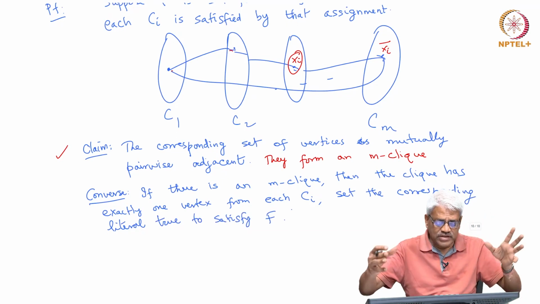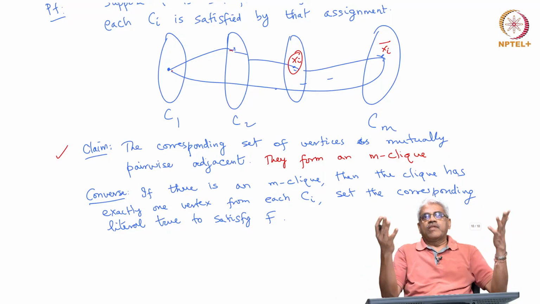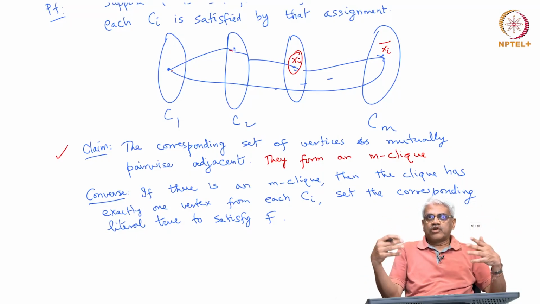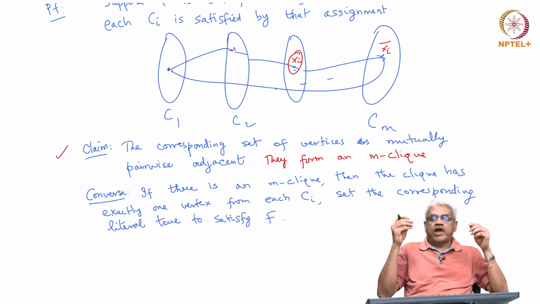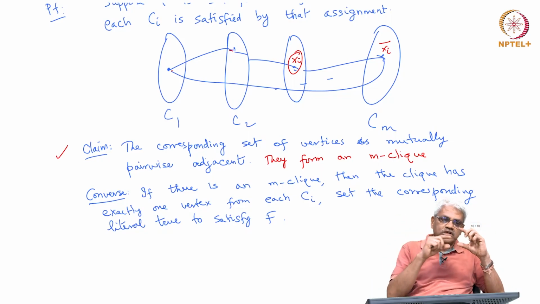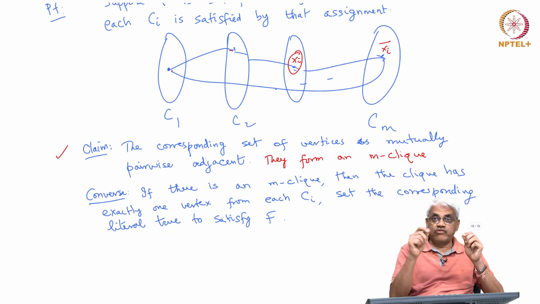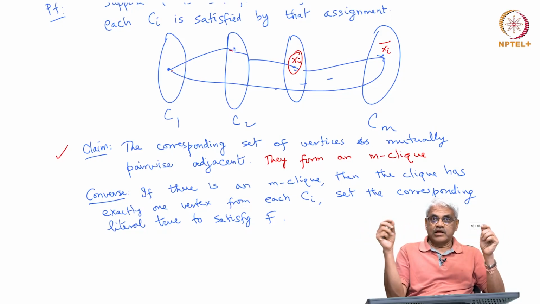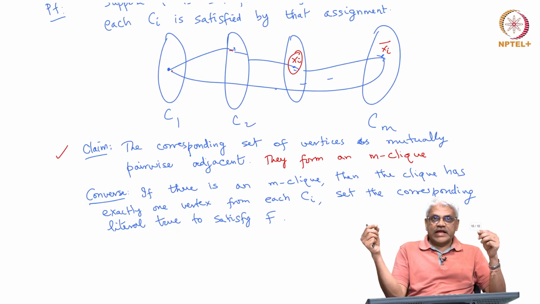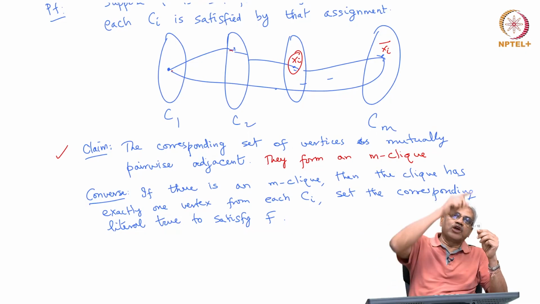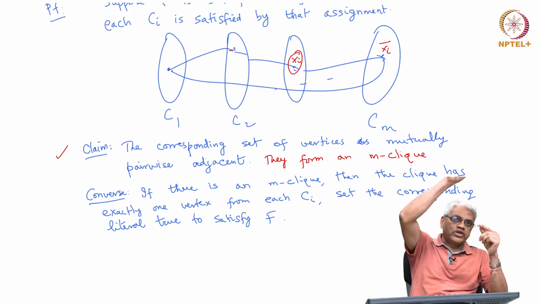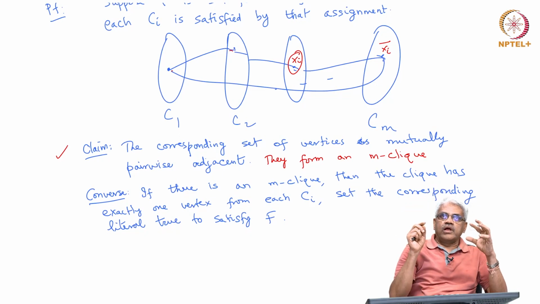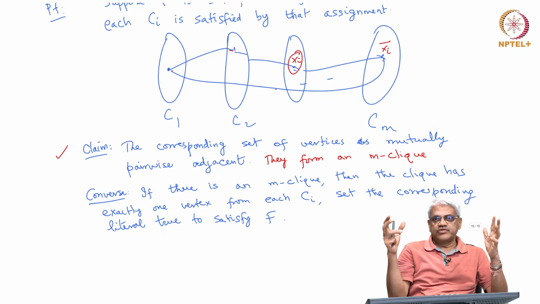Essentially, the forward direction can be simulated on the converse also. Suppose you have an M clique, because each set is independent, there cannot be two from each clause. So, there must be exactly one from each set corresponding to each clause. Collect now, that corresponds to a literal. I am saying go and set that literal to true, then you will satisfy each of these clauses,